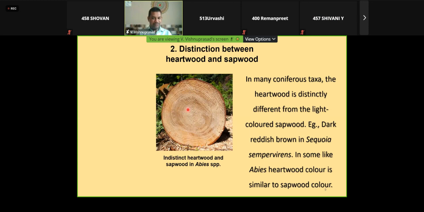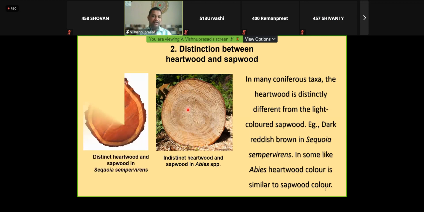All such observable features are also taken into account, right? When any given wood sample is available, it is the duty of the person analyzing it to keep a record of each and everything. And sometimes it might be possible, it depends upon the age of the plant or any other feature. If the wood is affected by a fungus, suppose infected by it, then maybe there is a difference in the heartwood and sapwood. So we cannot rely upon it completely. Unless and until we do the entire microstructure and maceration, we cannot arrive at a species conclusion. These are all the preliminary features, but can be taken into account. Next,